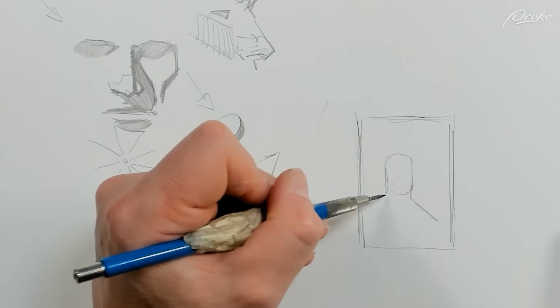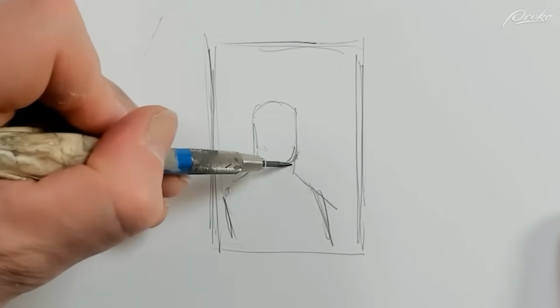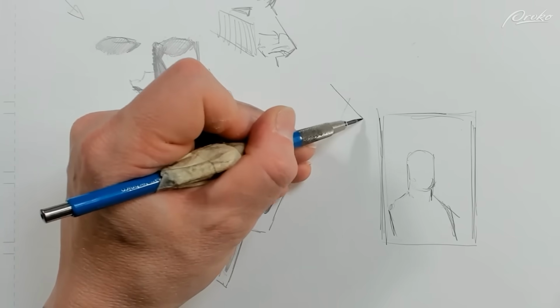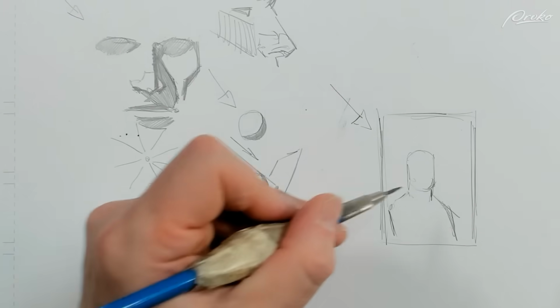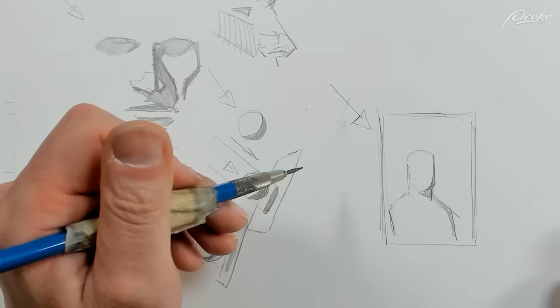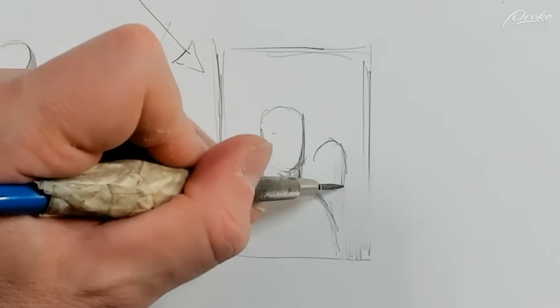And so I'm going to start with a simple shape for a figure. I just want this to be an outline shape. And here's a figure drawn into a panel. I'm going to light him again from the same angle that I used just over here. So he'll have a little bit of shadow cast here. And that's all fine. But what I really want to concentrate on is the cast shadow from this figure onto